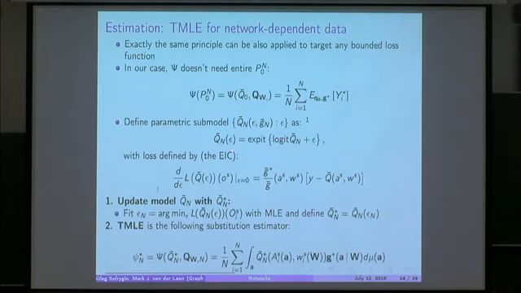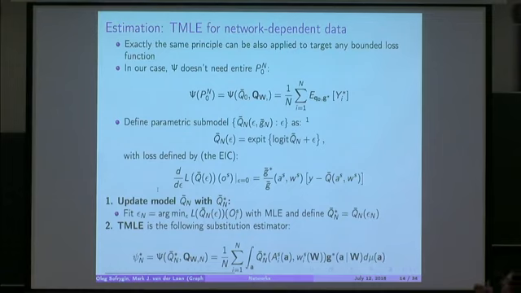Rather than defining a parametric model through the entire density, we define the parametric model through our initial estimate of this conditional expectation, which is given by this simple model. It's parametric in epsilon. It uses logit and expit transforms just so that we can retain the same bounds from 0 to 1. And we will fit this model given the initial estimate by maximizing with respect to epsilon using maximum likelihood estimation, and we will define a very specific loss function. And that's really the key. The score of this loss function has to solve the efficient influence curve, which would fix our estimator.